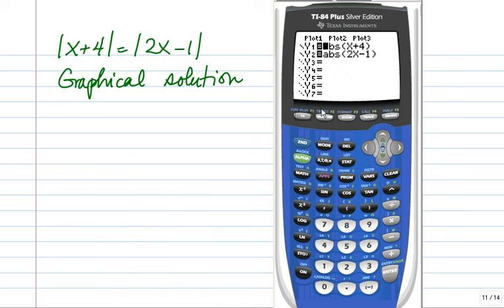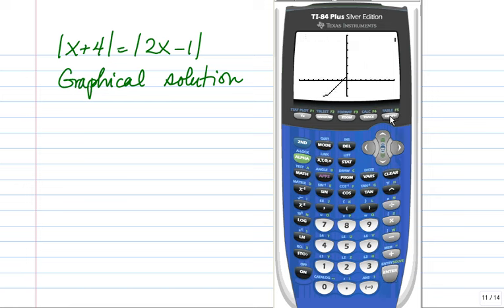We could also do the 0 or x-intercept method, where we take the absolute value of x plus 4 and we subtract the absolute value of 2x minus 1. Okay, and then graph. So do you see there we have two zeros at negative 1 and at 5. Okay,